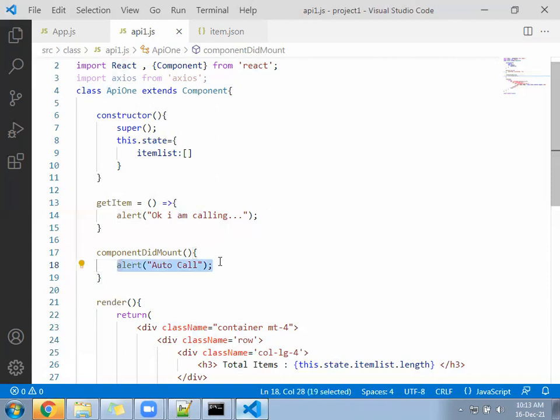We will call inside it this.getItem. Clear? It will be called automatically now.